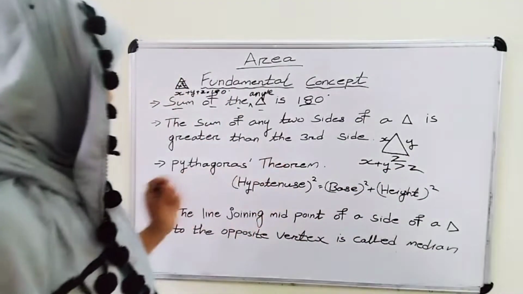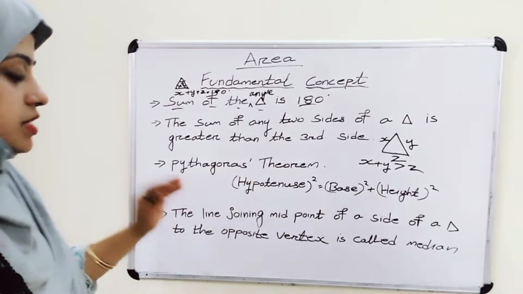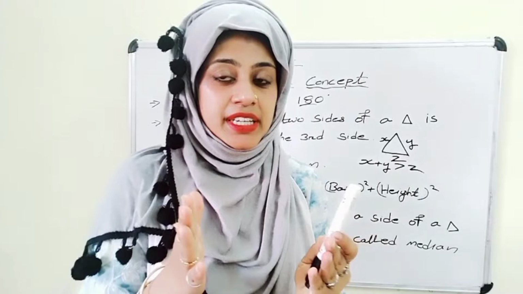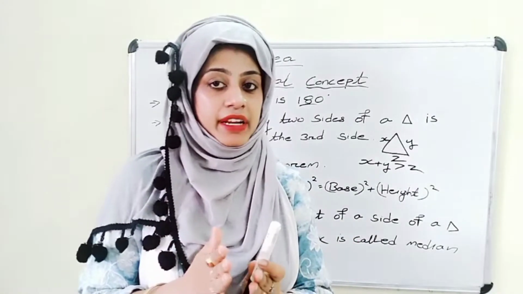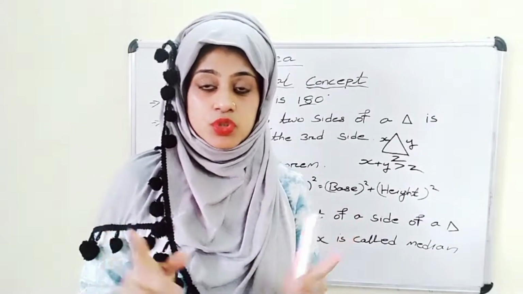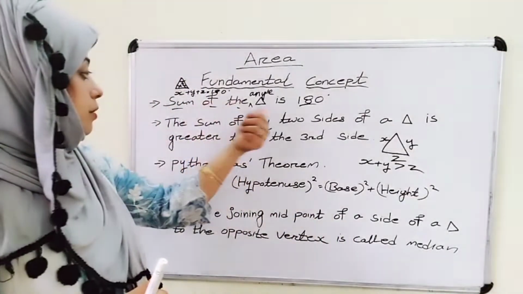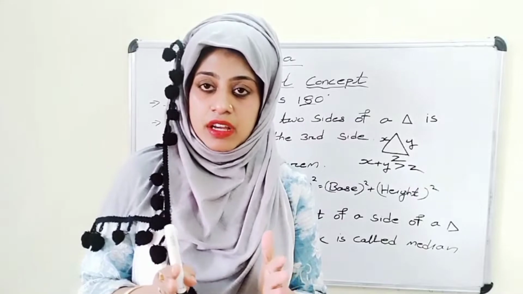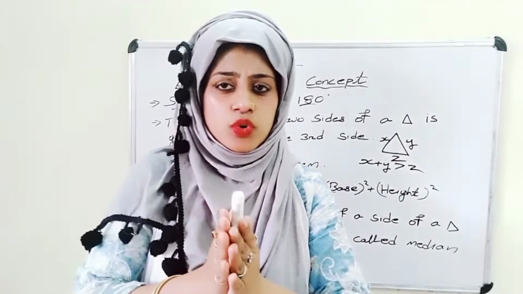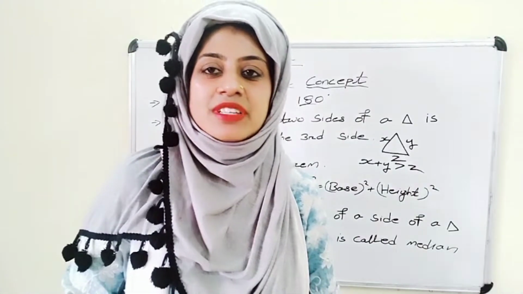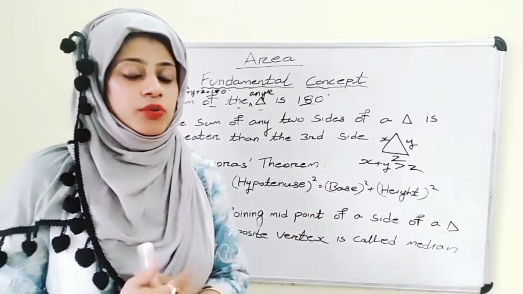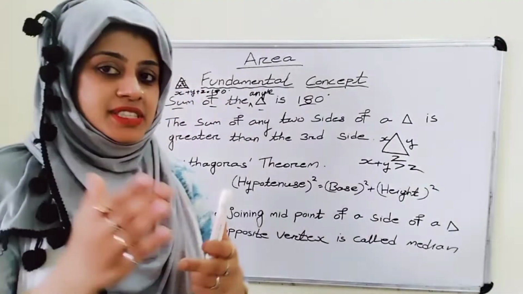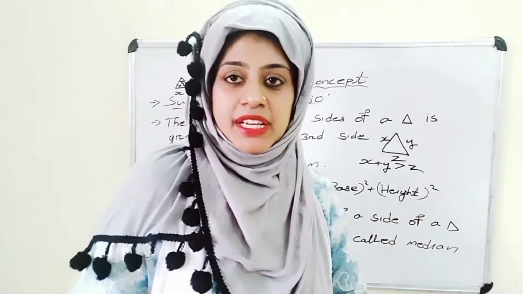Like this, there is the Pythagoras theorem. What is the Pythagoras theorem? It is specially applied in a right angle triangle. Don't be confused, you can't use this in a normal triangle. You have to use it in a right angle triangle. This is the most powerful formula, because by applying it you can find anything. We will see that in our problem section.